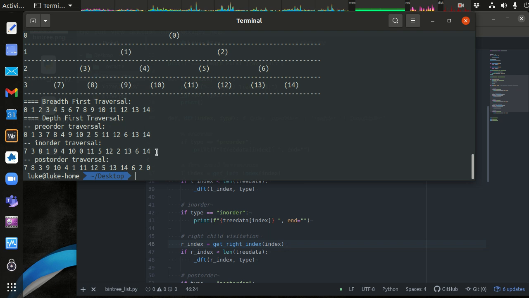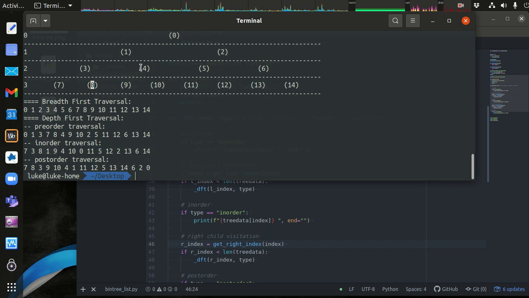But this is different than the in order traversal. In this case, we would visit 0, but we wouldn't print it out. So visit, visit, visit, visit, nothing to visit. 7 is the first one. So we see 7 is the first one in the in order traversal. When we go back we can print out 3 now because we visited the left child. So we see 3 is the next one. Then we can visit to the right, visit left, nothing, print out 8. So 7, 3, 8, 1,